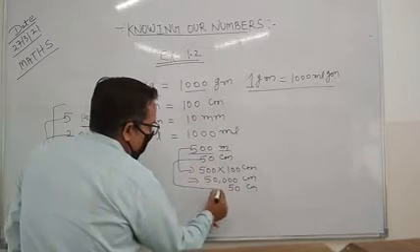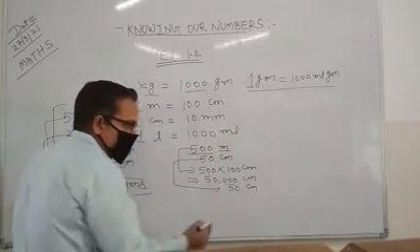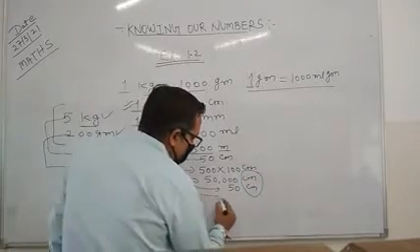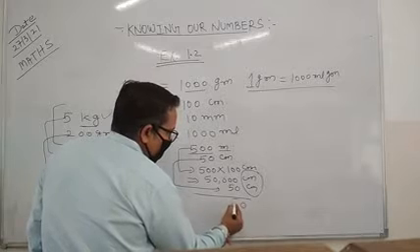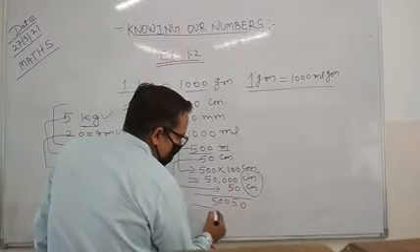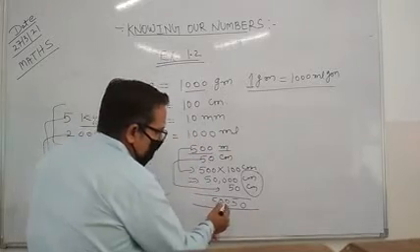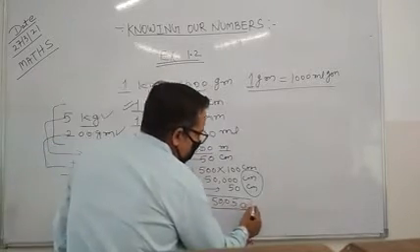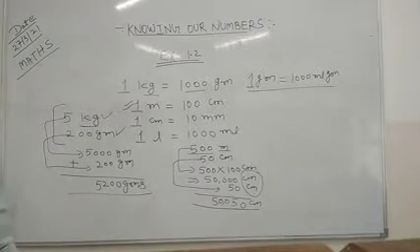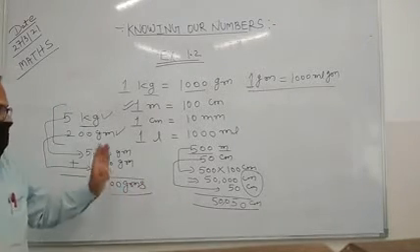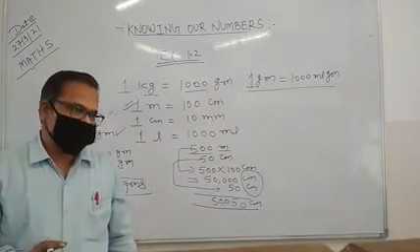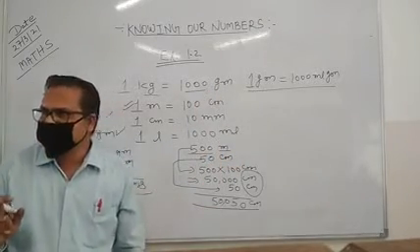And here we have got 50 centimeters. That means both have the same units. If you compare, you can find they are the same units. Now if you add, 50,000 plus 50 gives 50,050 centimeters as the answer of this addition. So whenever we are solving this kind of problem, we have to choose the units in such a way that they remain the same.